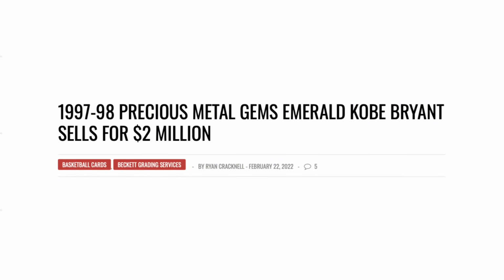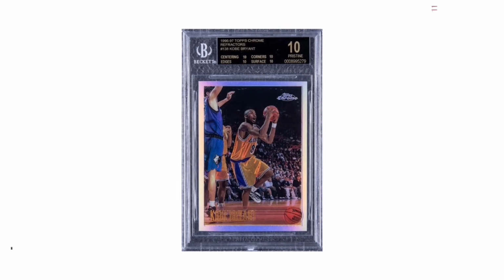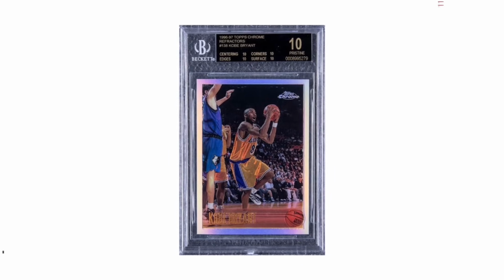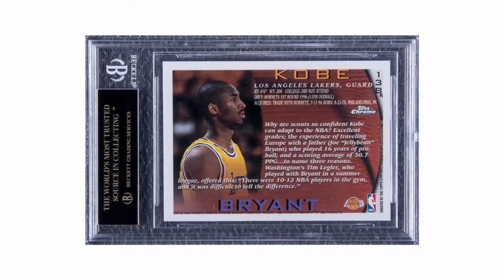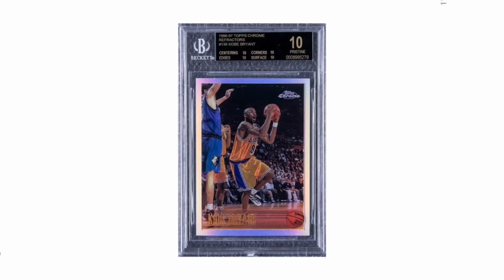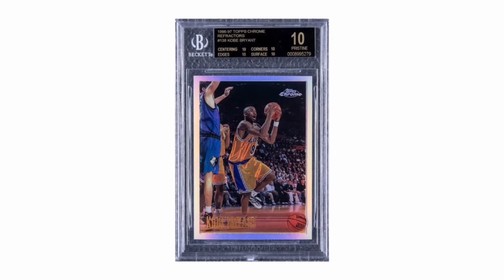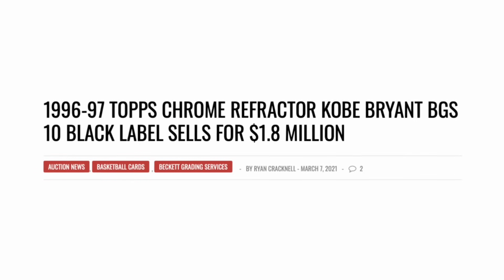$2 million. Next up, we've got one of the most sought-after Kobe rookie cards, the 1996 to 1997 Topps Chrome Refractor. This card is absolutely stunning, although not especially rare, but this is a BGS Black Label 10, one of just two in the world. In 2021, it sold for